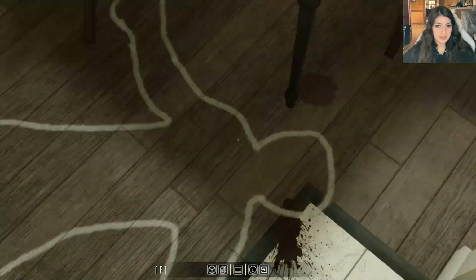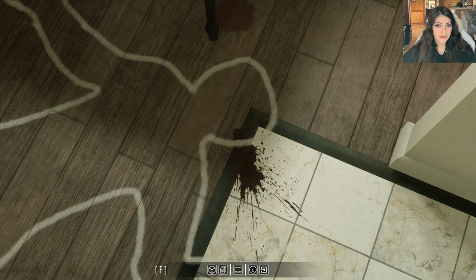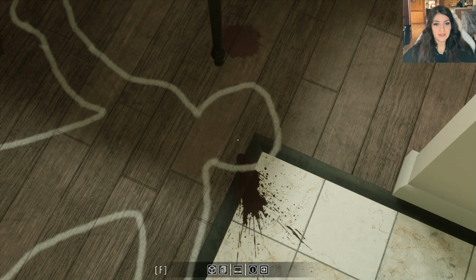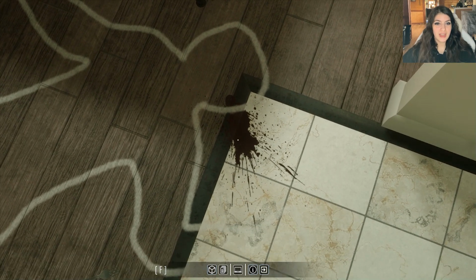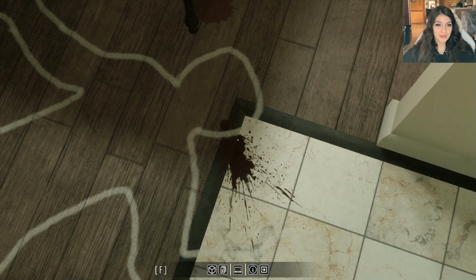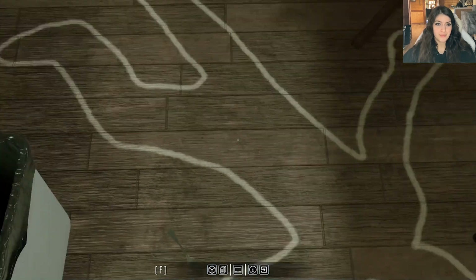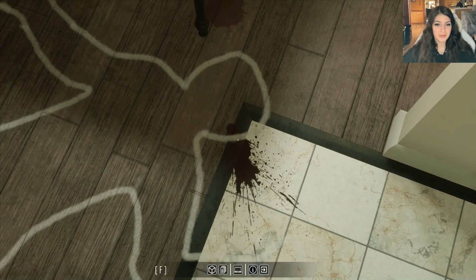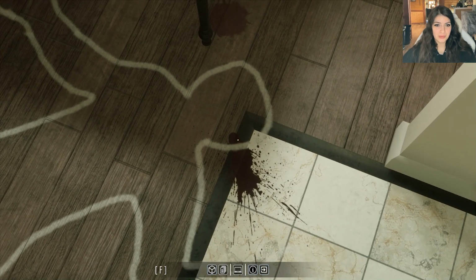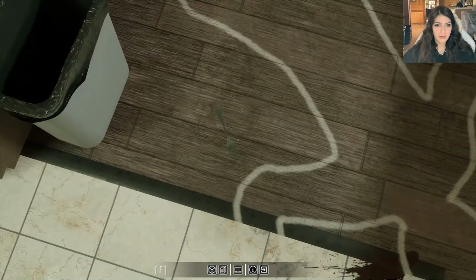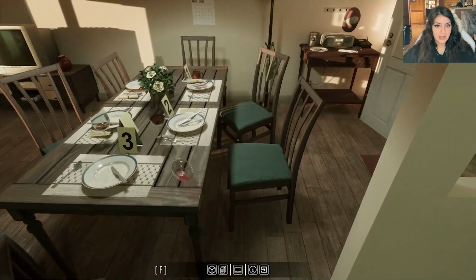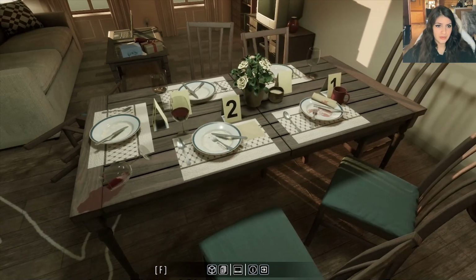This picture of this particular chalk outline is one of the pictures, I think, on the Steam homepage for this game. And I always thought it was maybe a shooting or something. I didn't assume it was a poisoning causing internal bleeding. Alright, so